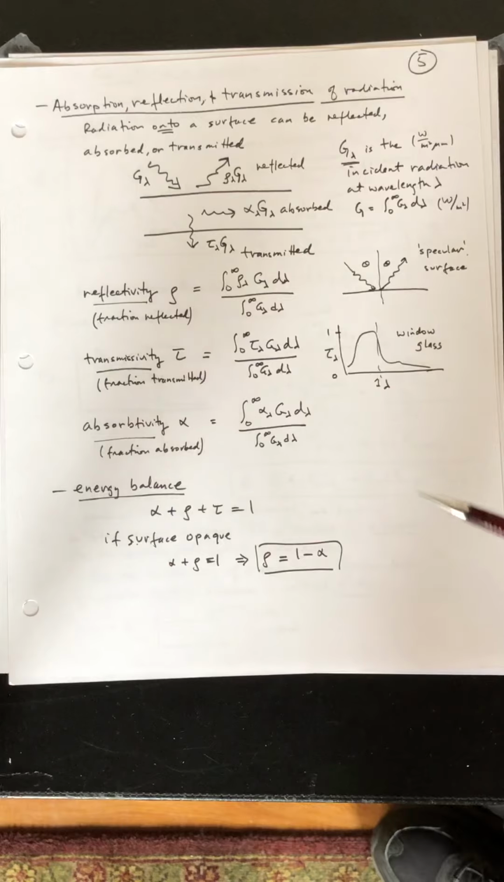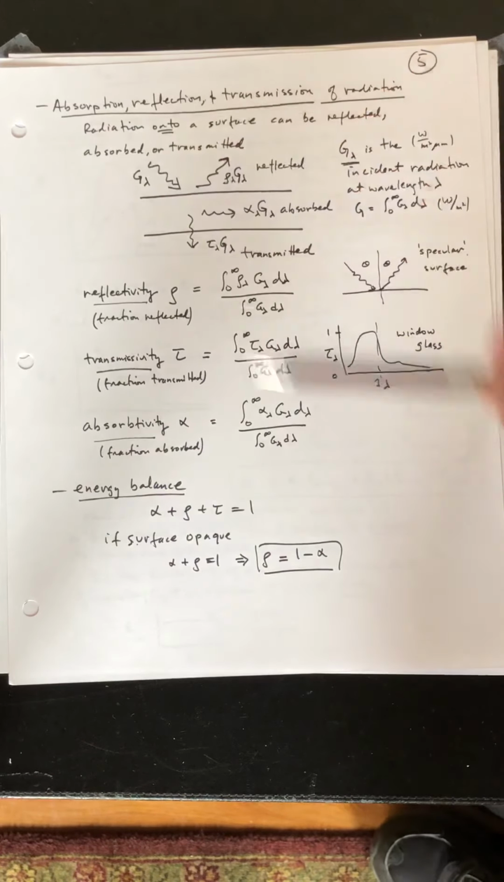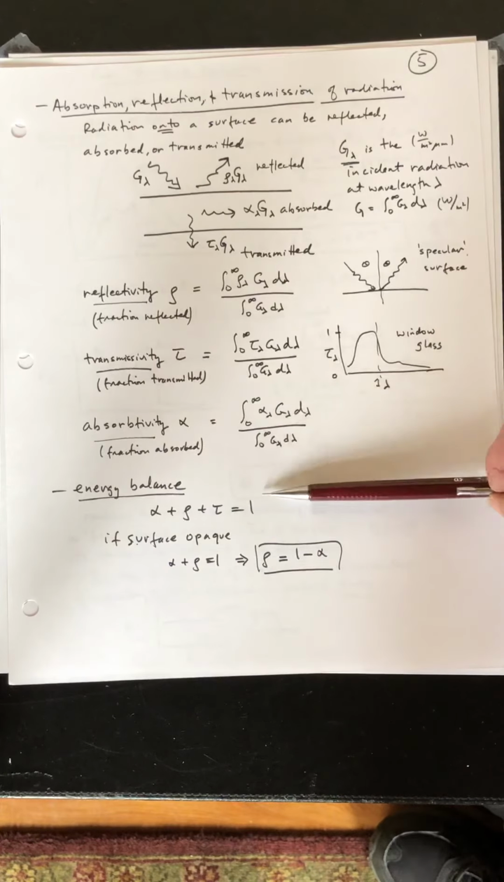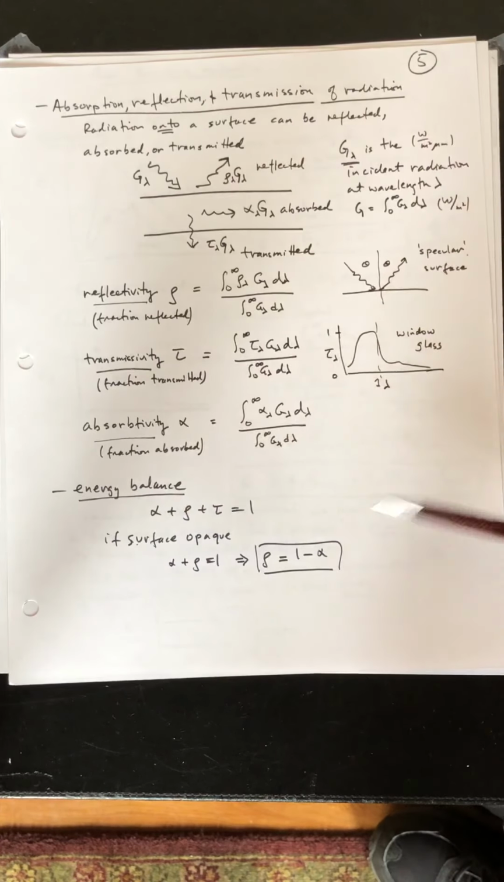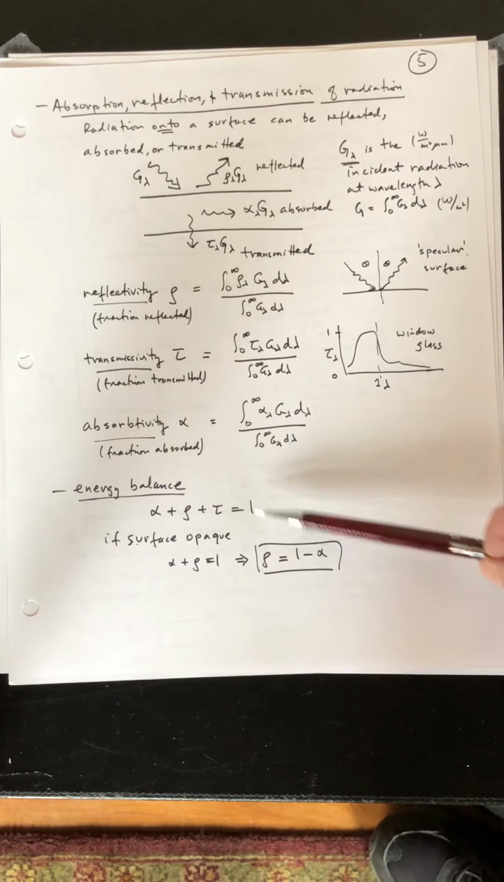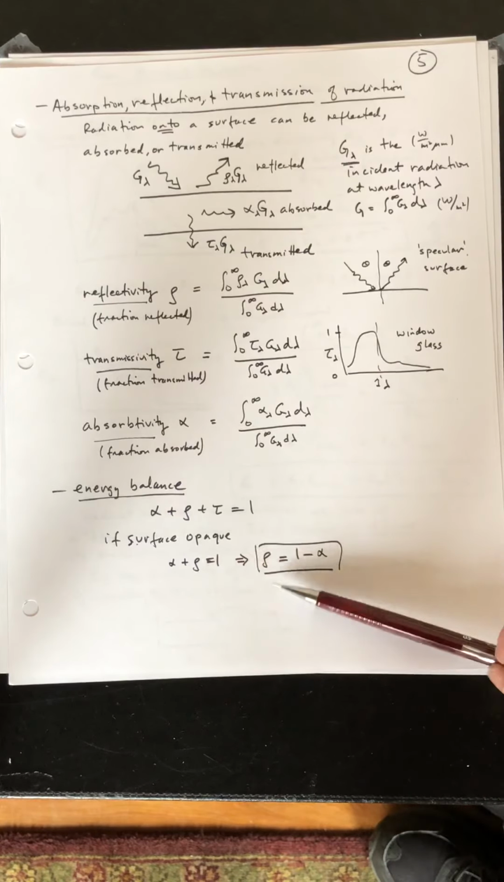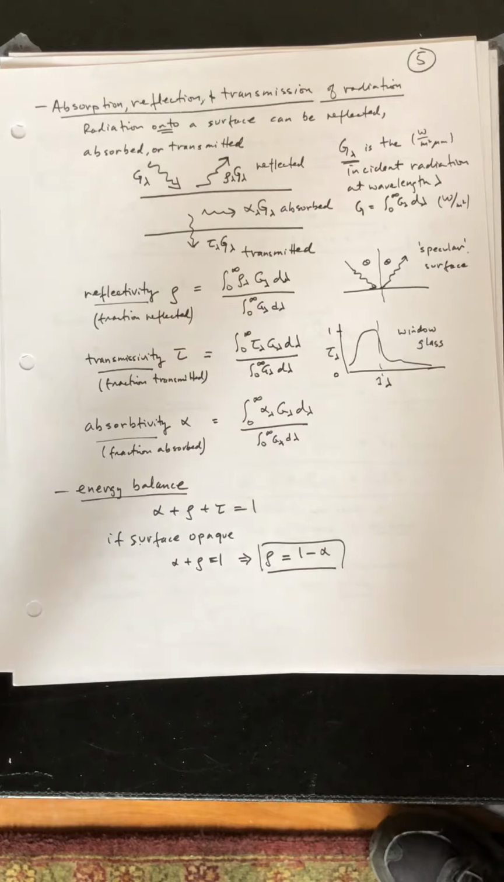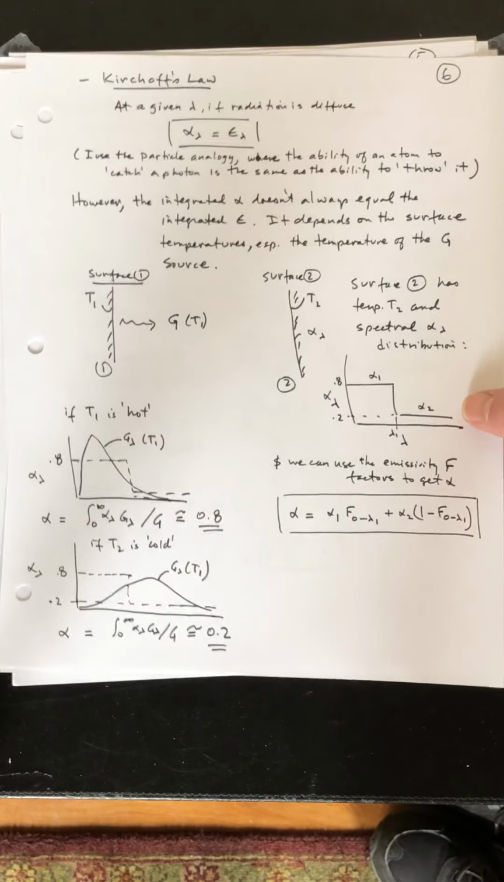Now, of the total radiation coming in, it either gets absorbed, reflected, or transmitted, so that's all equal to 1. As the surface is opaque, transmissivity is 0, and so the radiation is either reflected or it's absorbed. Now, another physicist, Kirchhoff,